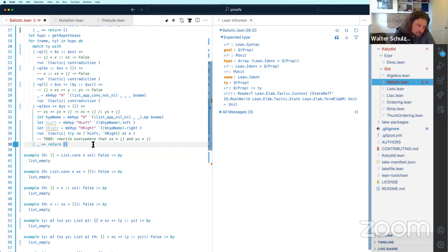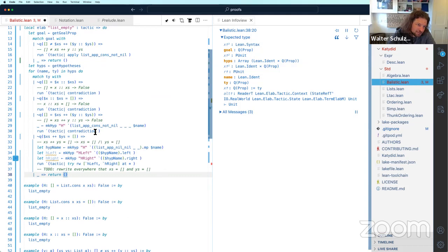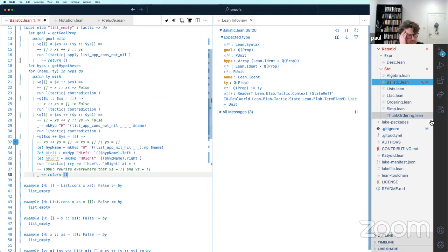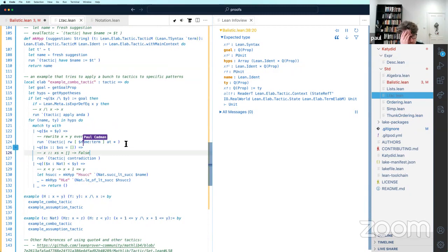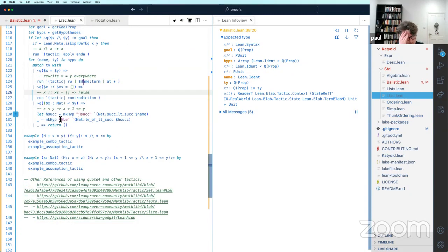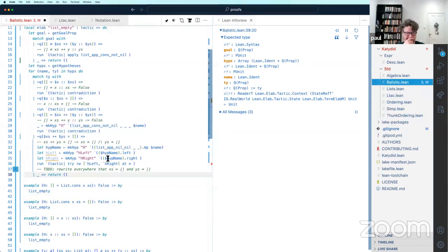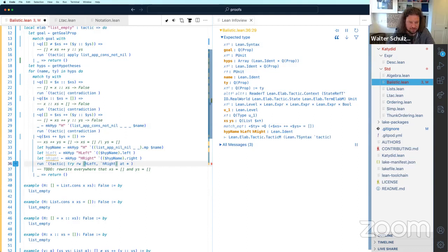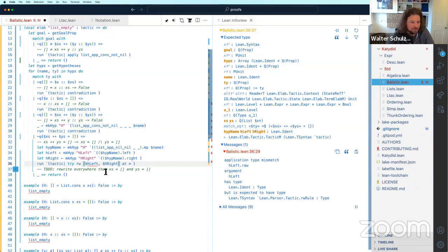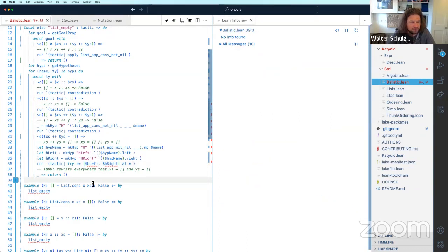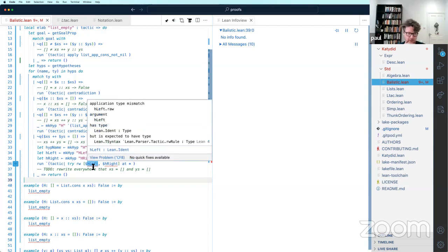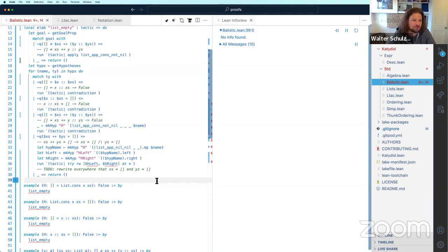Somehow that didn't quote correctly. Let me see. Is it tilde instead because it's inside a quote? Oh, dollar. Yeah, dollar. There's a thing for this.